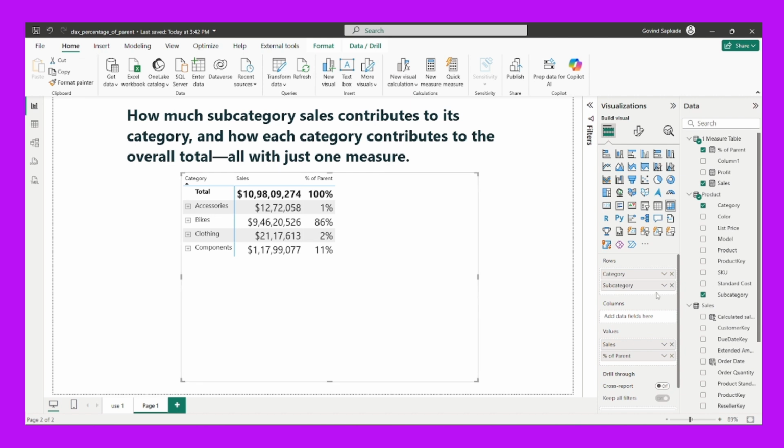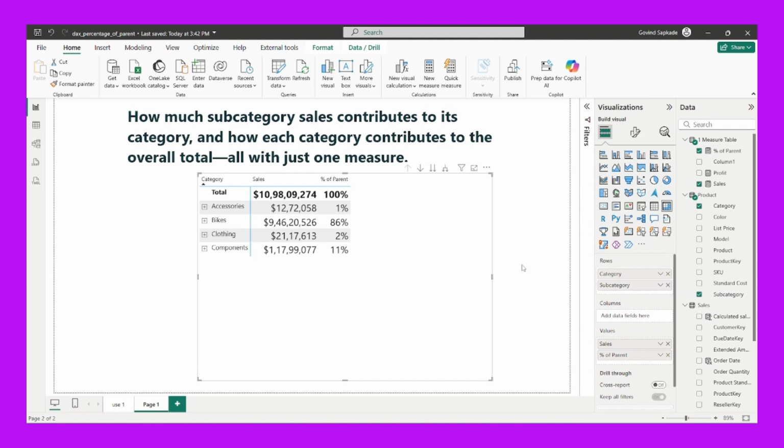I'm having the matrix, and in the rows I have category and subcategory from the product table, and in the values I'm having sales and one another measure which is percent of parent. So this is what we have to calculate. Okay guys, so let us understand what is percent of parent. So here you can see in the matrix visual I am having in the rows category and subcategory, two columns from the product table, and I can say that I am at the first level of the hierarchy, right? Because category, here you can see it is the first level, and then we can expand to the subcategory level, right? So here if I talk about percent of parent, so how the values are getting calculated, so let me